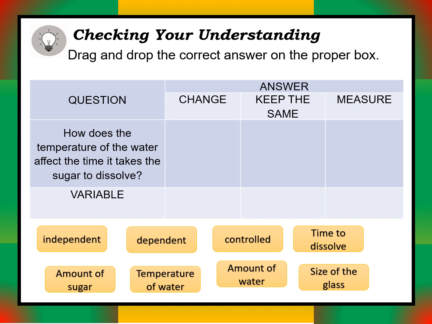How does the temperature of the water affect the time it takes the sugar to dissolve? So if it's change, you make a table like this, copy and make a table on a piece of paper, and you choose your answer from the given options, independent, dependent, and place it in the proper boxes. All right,